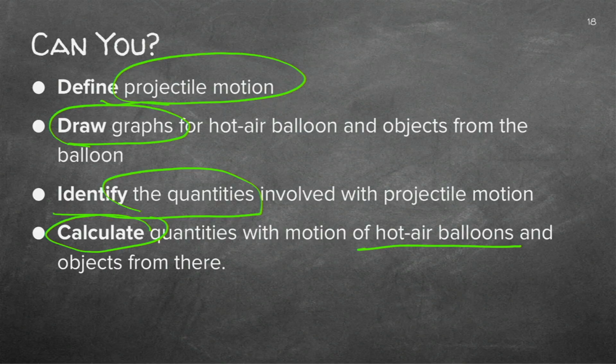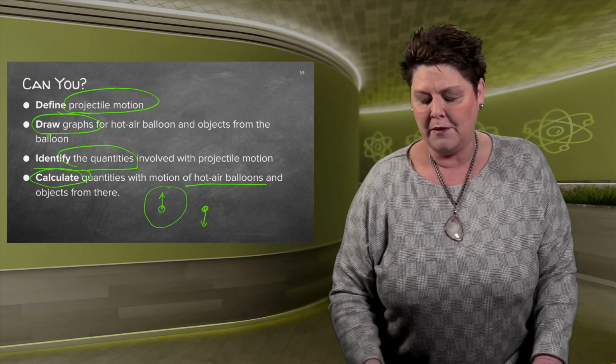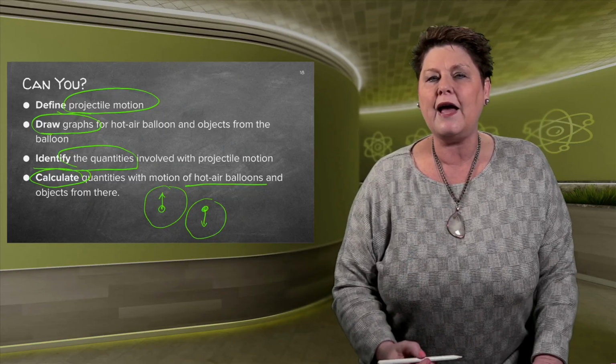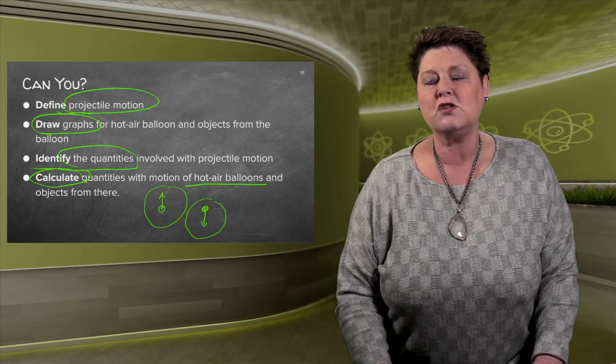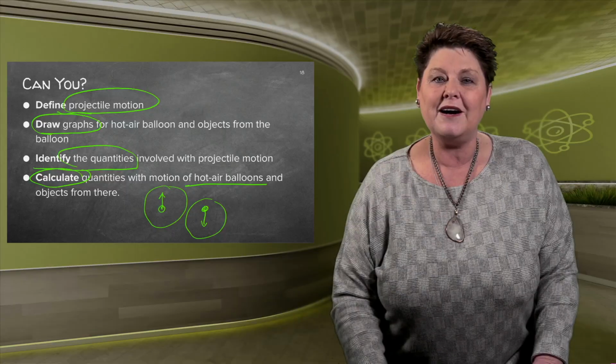Remember again, a hot air balloon can be moving up and it can be moving down. In the previous lesson, we did two examples when moving up, and this one was with a balloon moving down. I hope you are accurate and you get all your marks whilst doing your question on vertical projectile motion.